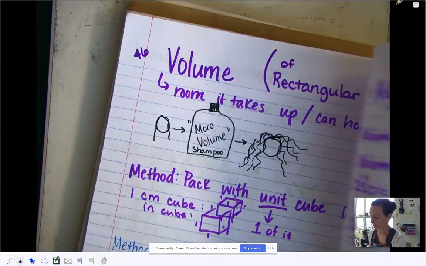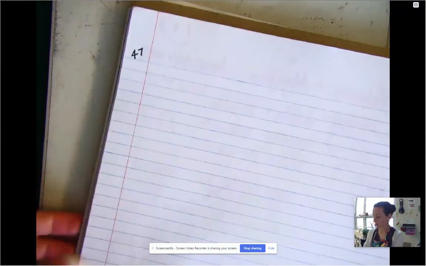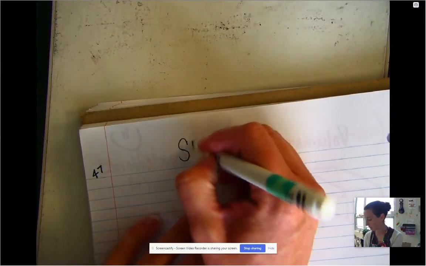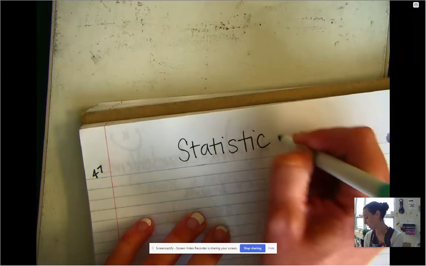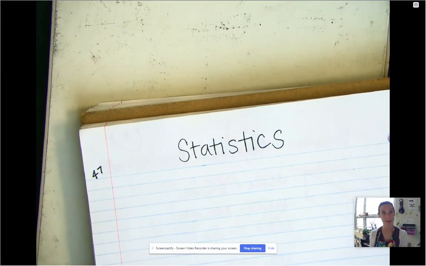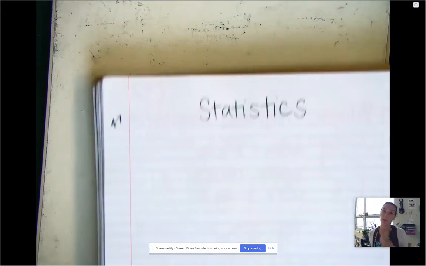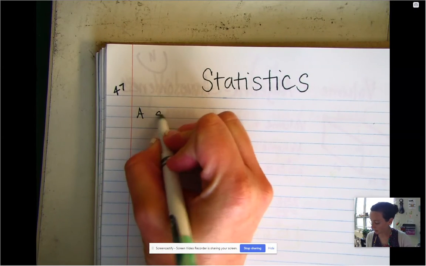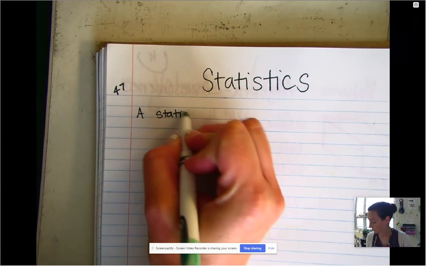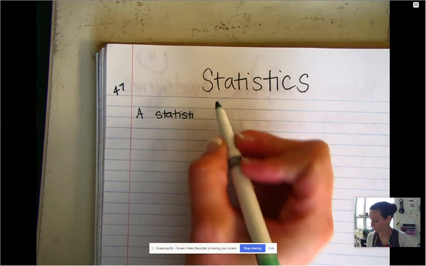Okay, everybody, we are on page 47, and we are talking today about statistics and statistical questions, which is the start of our chapter 9. So, a statistical question, well, let's start with